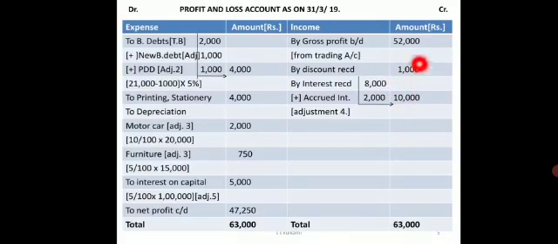So in all I have to see now the total. So credit side total gives me 63,000. So it is more. So the same total is written on the debit side. I will reduce all the expenses of 4,000, 2,000, 750 and 5,000. So the difference between my debit and credit gives me the net profit of 47,250. So this 47,250 is transferred to my balance sheet.